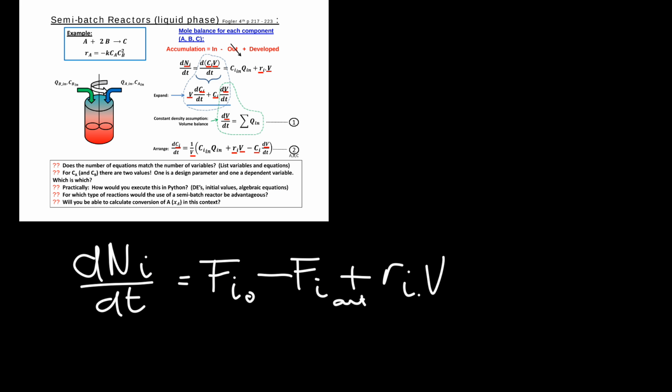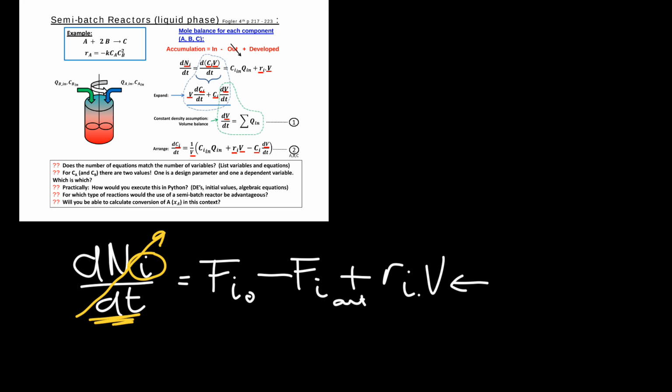As for any reactor, our starting position is of course the mole balance that we can write for all our components. Under steady state conditions, this change with time is equal to 0 in the number of moles of that specific component, and that of course is true when we model our CSTRs, our PFRs, our PBRs. So in a semi-batch reactor, this term is now not 0 because there's an accumulation just like with a batch reactor